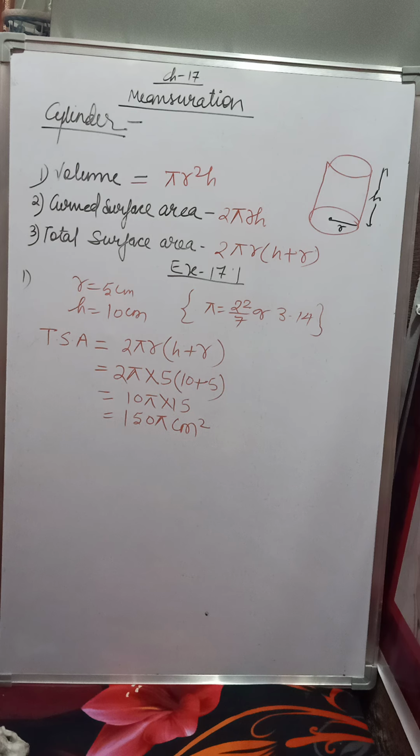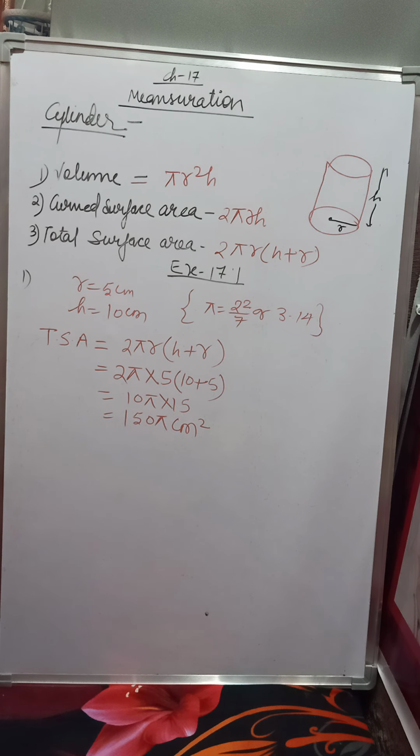Next we have, an electric geyser is cylindrical in shape, having a diameter of 35 centimeter and the height is 1.2 meter. Neglecting the thickness of the wall, calculate the outer lateral surface area and its volume. Volume means the capacity in liters. We have to calculate the volume and its lateral surface area. Lateral surface area is 2 pi RH and its capacity, the volume, is pi r square H. So easily we can calculate.